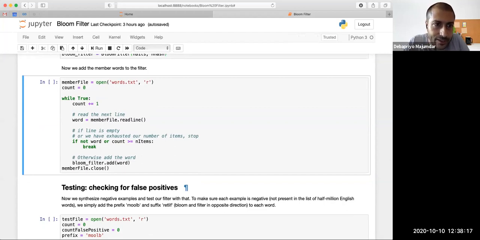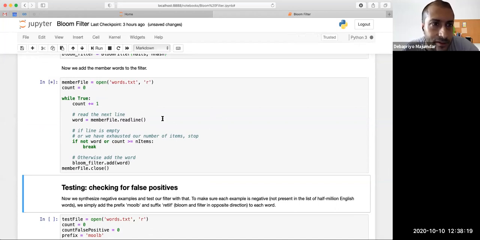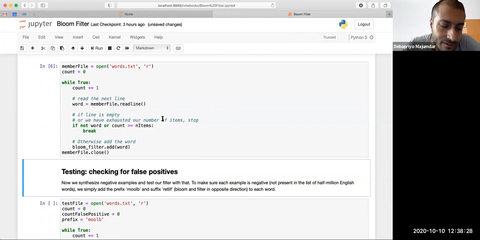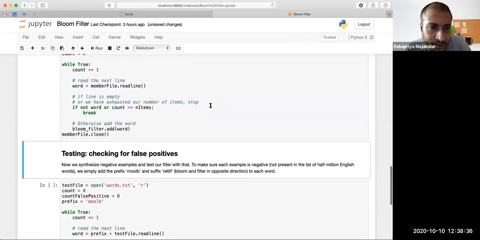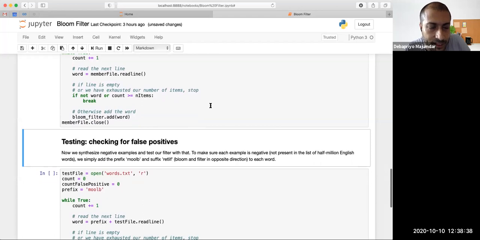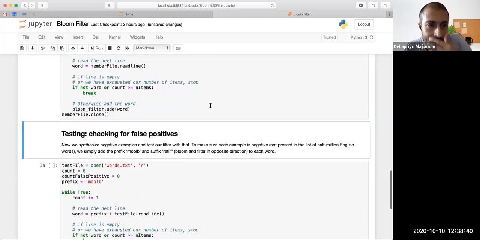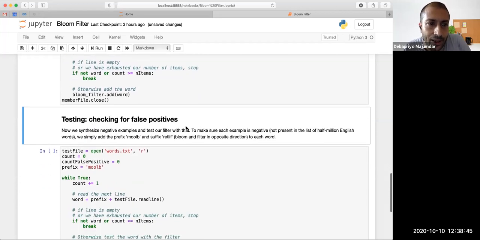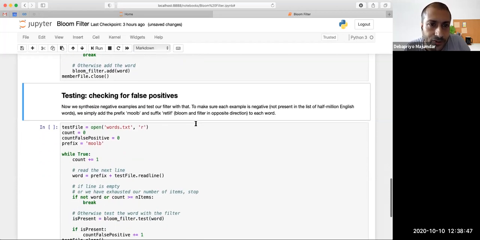All right, so let's actually do that. There are about 500,000 of them. So this is the construction of the Bloom filter phase, and it's done. Obviously I'm not trying things with very large data sets here because I want to quickly show you things, but in reality you will find it more interesting with much larger data. So now I already have the Bloom filter, and now we'll test for false positives.